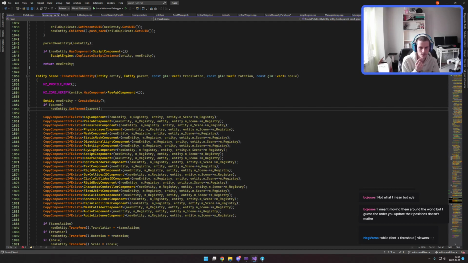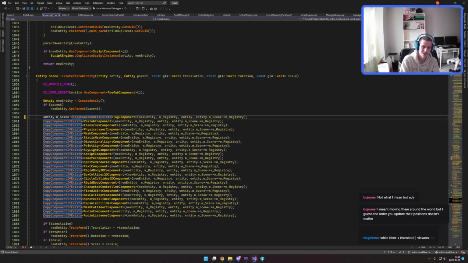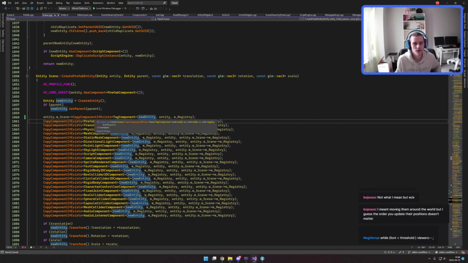No, we're copying from the prefabs registry. But that means we in theory can just do this. We can do that and not pass that in. And do this instead. Because that way we're copying from the prefabs registry